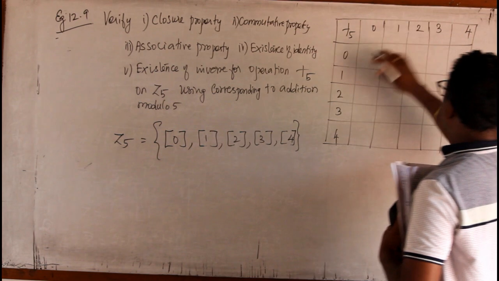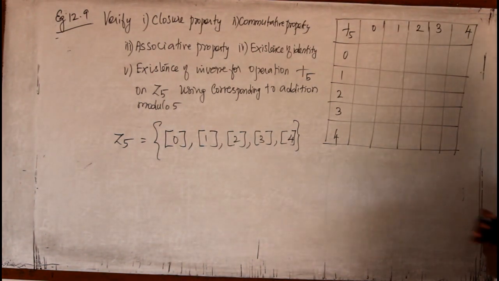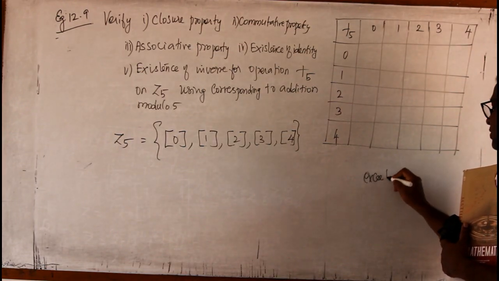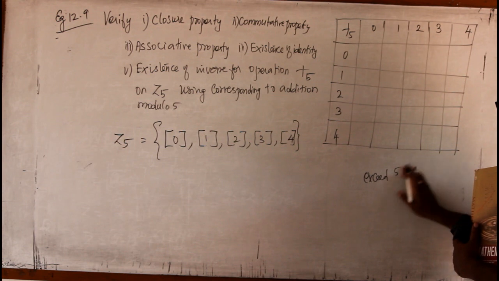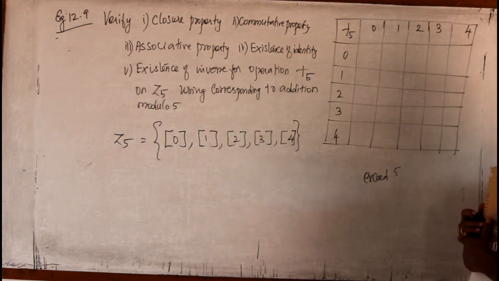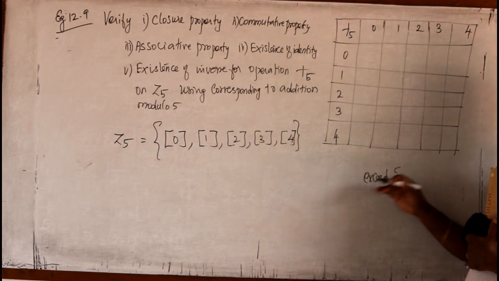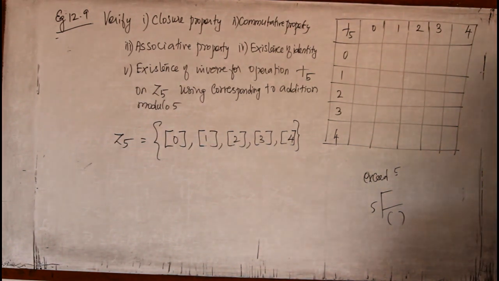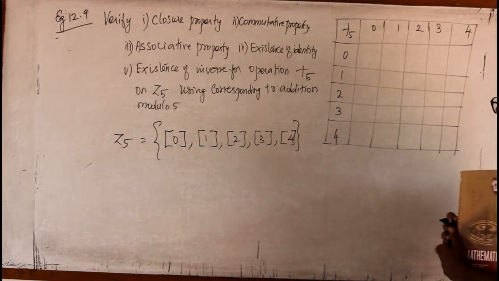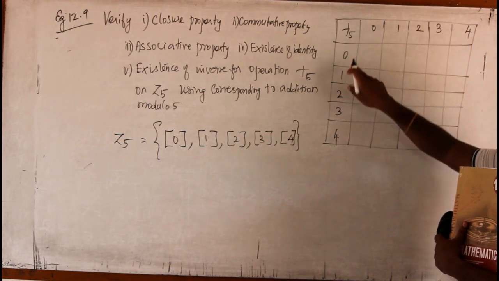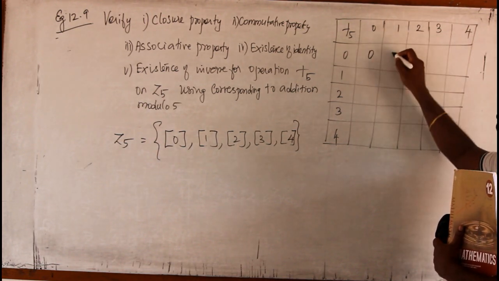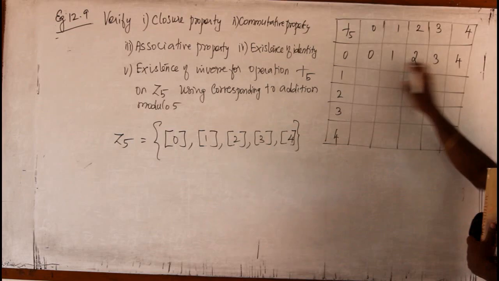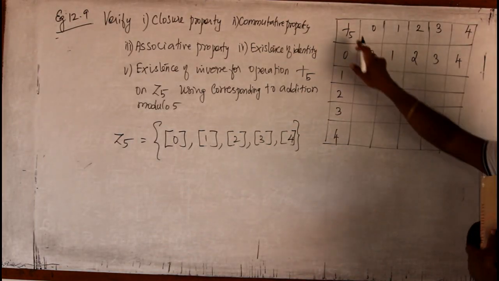Now listen here. I have to add these numbers. The only thing is, since it is modulo 5, the number should not be 5 or more. Suppose I add two numbers and it becomes 5 or more, then I must divide by 5 and take only the remainder. That's the meaning. See, it's very simple, just listen to me. When 0 is added with all these numbers, 0 plus 0 is 0, 0 plus 1 is 1, 0 plus 2 is 2, 0 plus 3 is 3, 0 plus 4 is 4. So I have taken all the numbers as they are because all are less than 5.